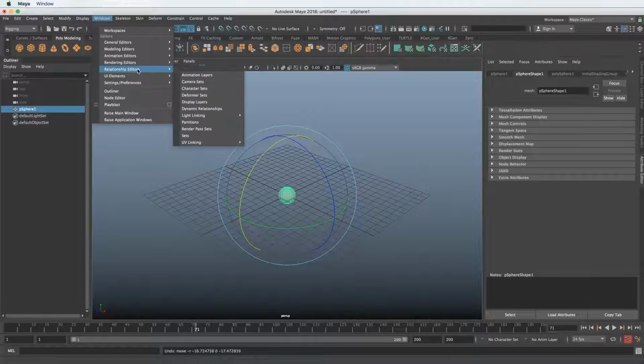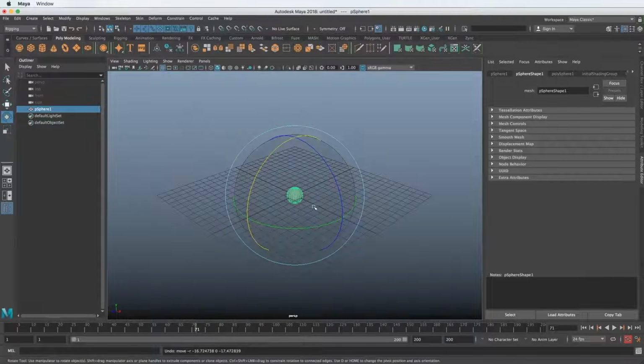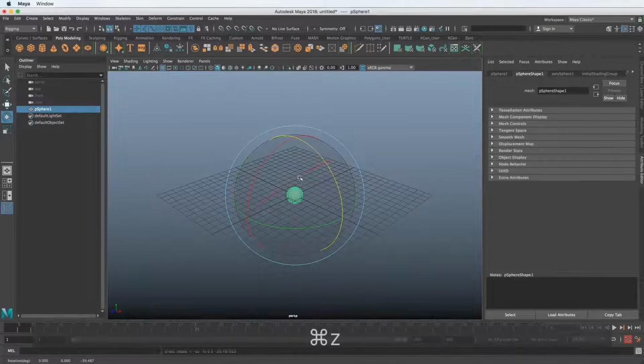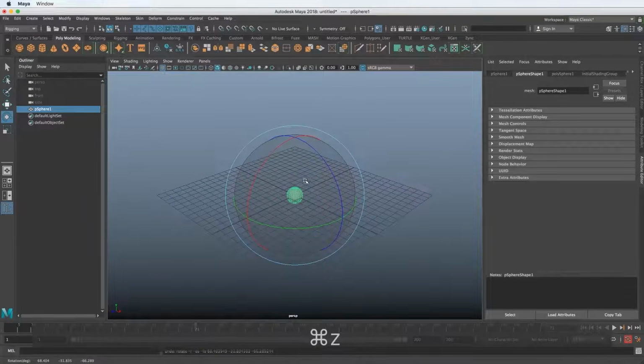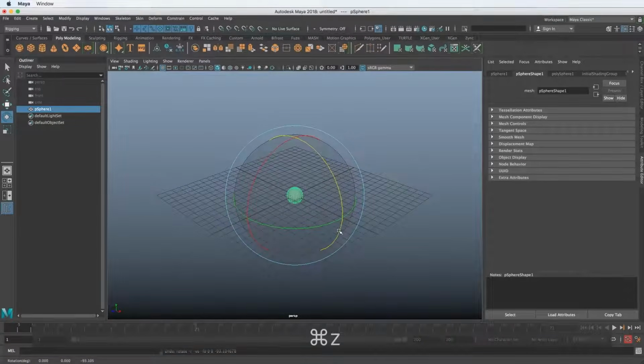So I'll go back to the UI elements, meaning user interface, and I'll go down to toolbox and bring that back. So with the rotation, it's very similar, that we can isolate different axes and they turn yellow, and we can click in the middle here and have a freeform option. One thing to keep in mind is, because we're working in 3D, watch the x-axes. If I click the z-axis and drag the red one down, now the red one is where the green one used to be. Did you see that?